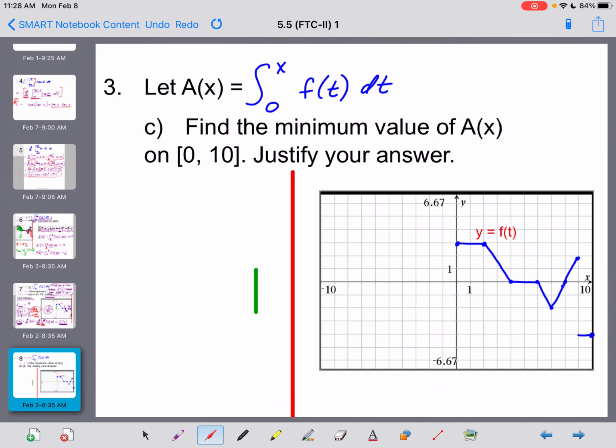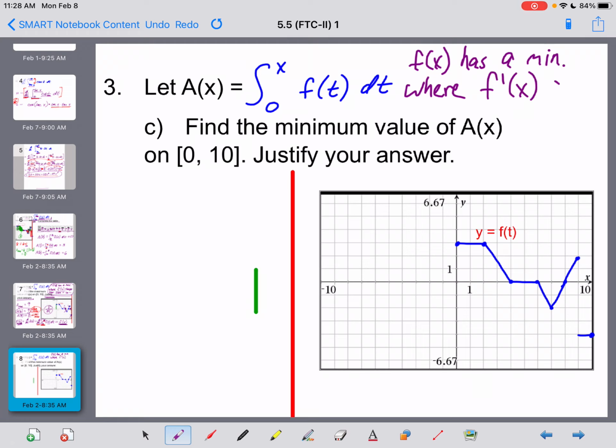Now, really the same problem here on 3, but now they're asking us to find a minimum. So let's recall, everybody, that a generic function, f of x, has a minimum value where, it's the same basic concept now, guys, but reversed, where its derivative, f prime of x, changes sign. A minimum occurs when your derivative was negative and then becomes positive, where the behavior of the function changed from